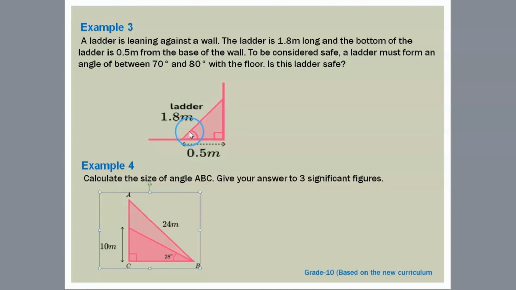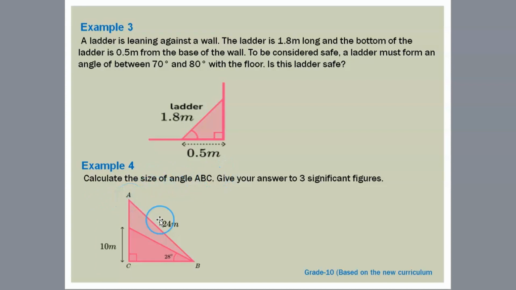በመጠቀም ማግኘት ይቻላል። ኮስ ቴታ አድጀሰንት ኦቨር ሃይፖቴነስ፣ ሁለቱም ተሰጥቷል። አድጀሰንት ኦቨር ሃይፖቴነስ በሚለው ሪሌሽን ቴታን ማግኘት ይችላል ማለት ነው። ኮስ ቴታ አድጀሰንት ኦቨር ሃይፖቴነስ 0.5 ኦቨር 1.8፣ 5 ኦቨር 18 ይመጣል። ዴን ቴታ ምን ይሆናል? ኮስ ኢንቨርስ ኦፍ 5/18 አድርገን ማግኘት እንችላለን ማለት ነው። ስለዚህ እስቲ በዚህ ምሳሌ መሰረት ለመስራት ሞክሩ።